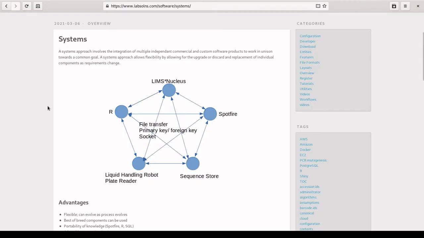When a systems approach is taken towards LIMS development, you have multiple independent pieces of software that communicate either by file transfer or update tables in a database or possibly communicate over sockets. Our core product, LIMS Nucleus, manages multi-well plates, tracks samples through plates, allows hits to be identified, and will operate liquid handling robots. As time passes, we may want to upgrade some of the functionality of LIMS Nucleus, possibly new